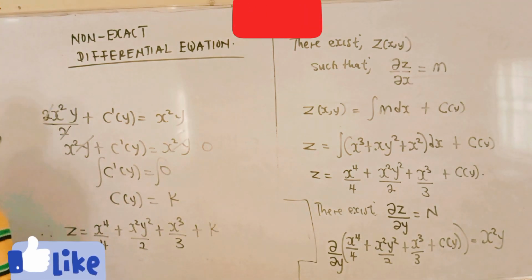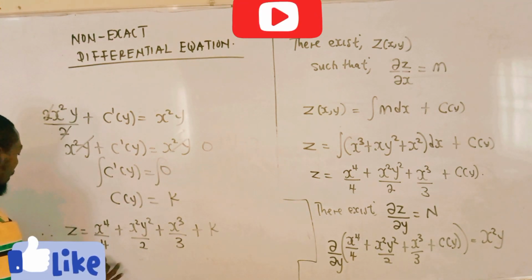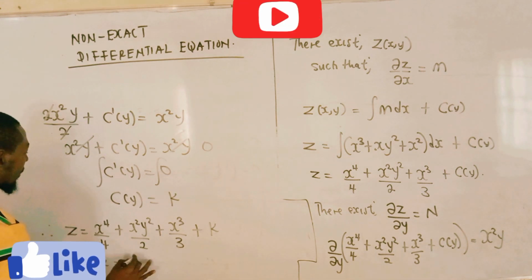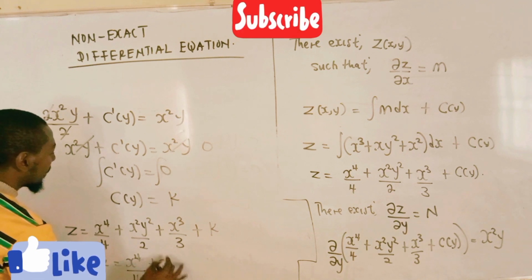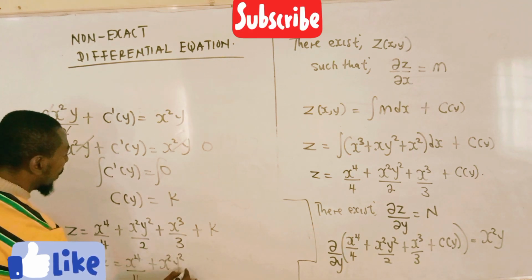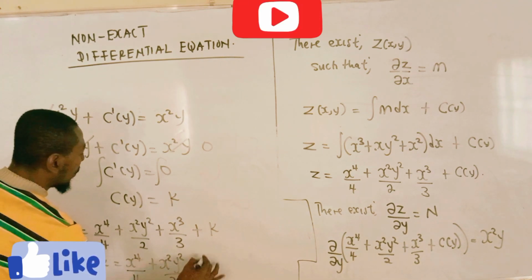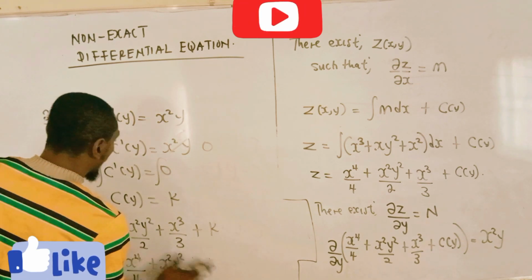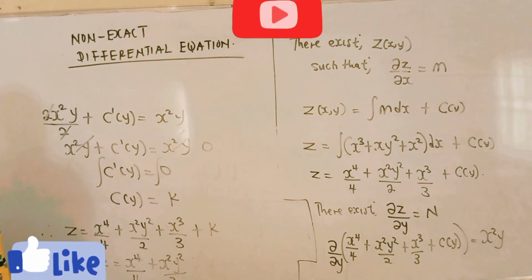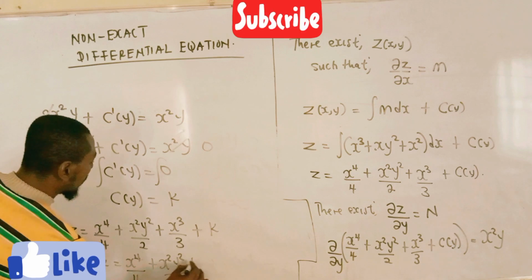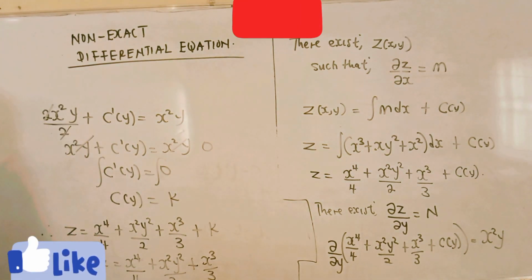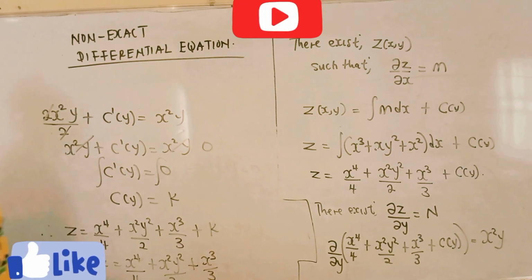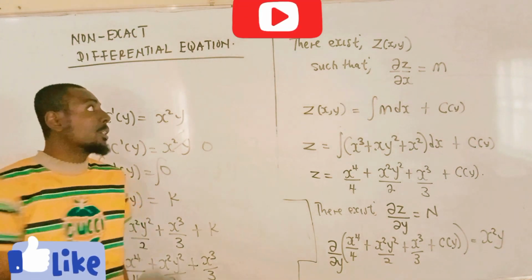You can take k to this side, so we have z minus k is equal to x raised to the power 4 over 4 plus x squared y squared over 2, plus x raised to the power 3 over 3. Then where z minus k is equal to a, to have a complete solution,